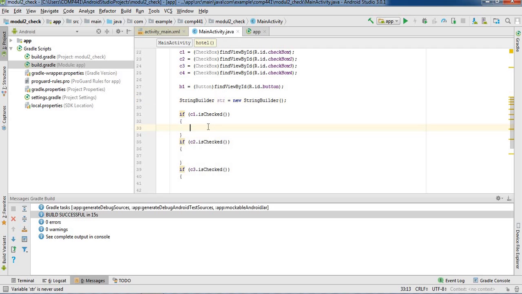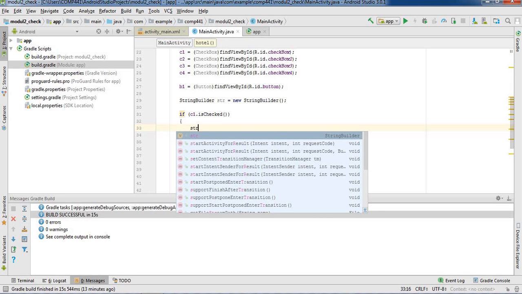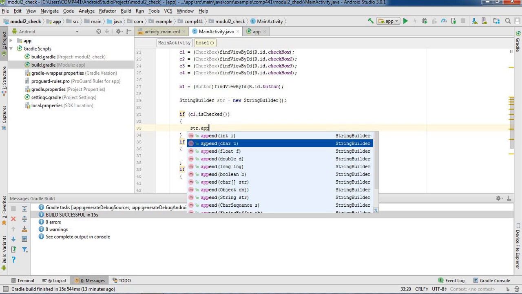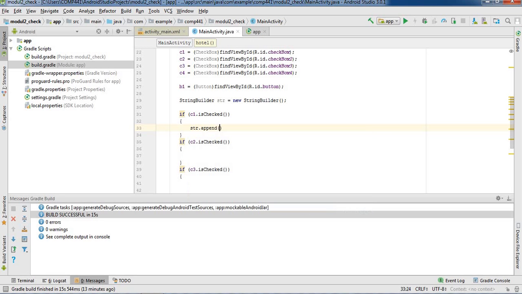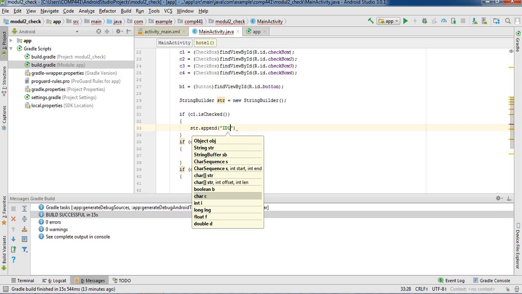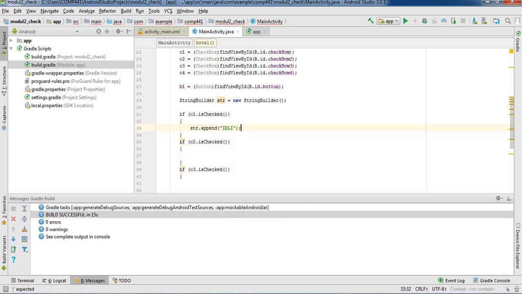भेज दिया जाएगा। सो str में भेजेंगे फिर। तो इसके लिए हमें str dot append, str dot append, और here यहाँ आपको लिखना पड़ेगा इडली, because पहला पैरामीटर हमारा इडली का है। तो str dot append इडली, और उस हिसाब से आपको slash n भी लिखना पड़ेगा, because हमें next जो content है वो str में next line पे चाहिए। तो str dot append इडली, और अगर C2 चेक किया तो str dot append हमारा सेकेंड पैरामीटर था डोसा।